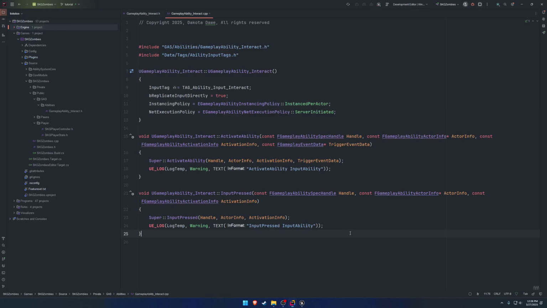So now that we have our interaction ability set up pretty much how we want and working how we want, we can actually write the logic inside of it to drive it. In this case, we're going to be using an ability task. I'm going to explain what ability tasks are once I actually add it and explain what the purpose is. We're going to be adding a simple function that is going to